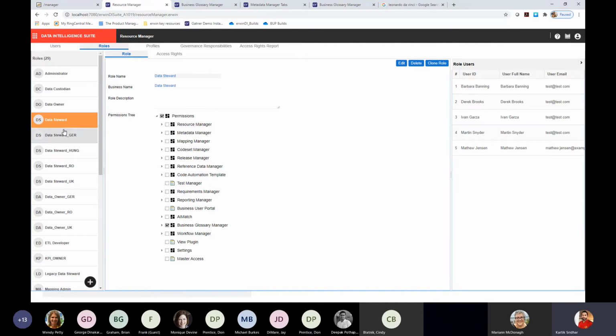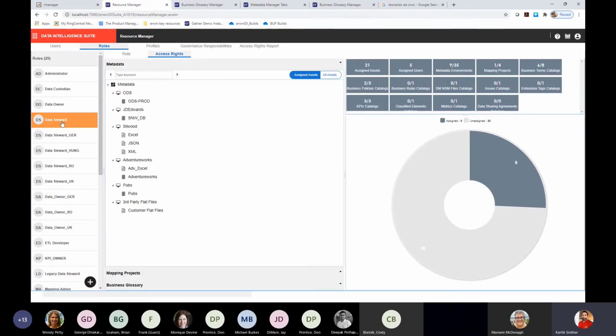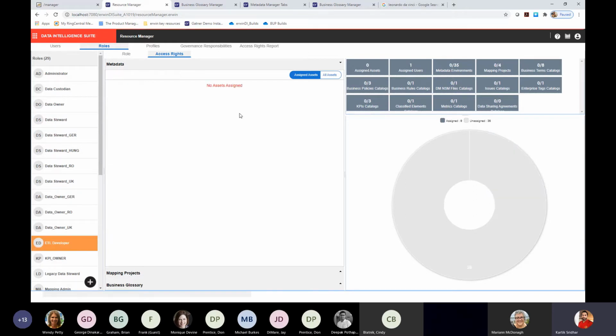In addition to this, right from this new screen, for every role you will have an access rights tab. When you go into access rights here, you will be able to quickly flag the different assets that this role will have access to. Let's say I go to one of these roles. If you're starting from scratch, or you've just stood up the product, for example, you will not see any assignments here as a default.